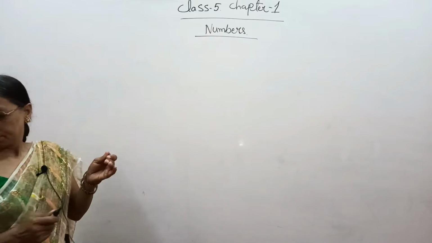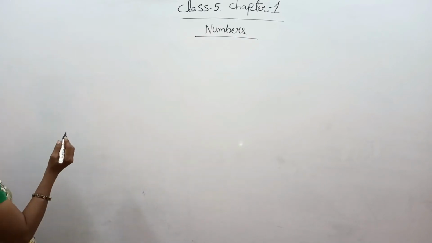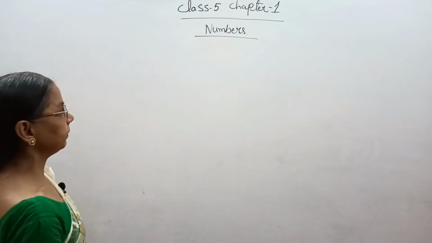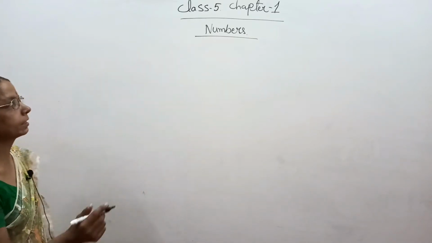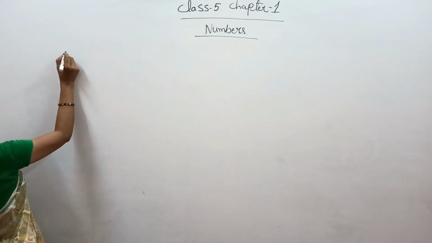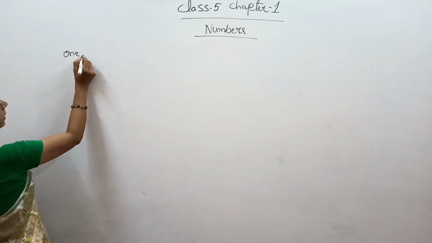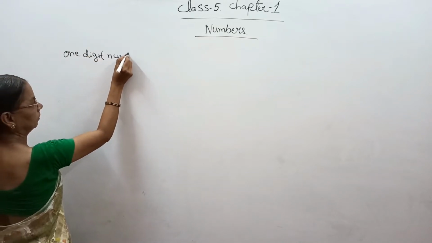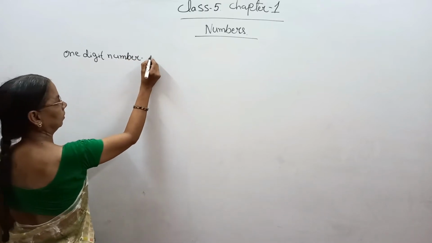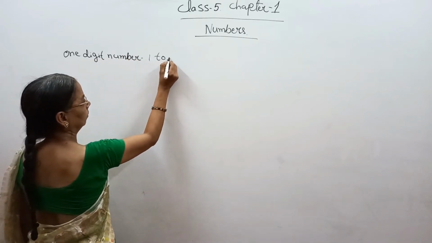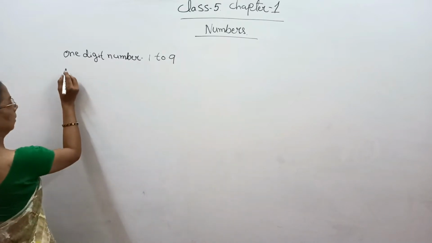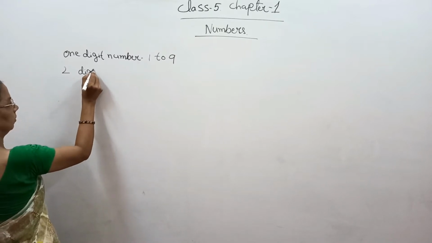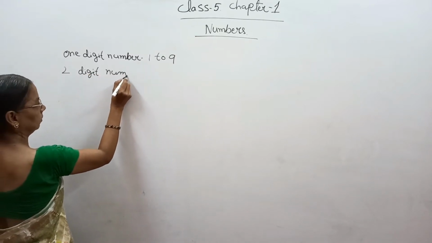Now, as we learned in the last class about the digits, that is, a one digit number, that is 1 to 9, and a 2 digit number,